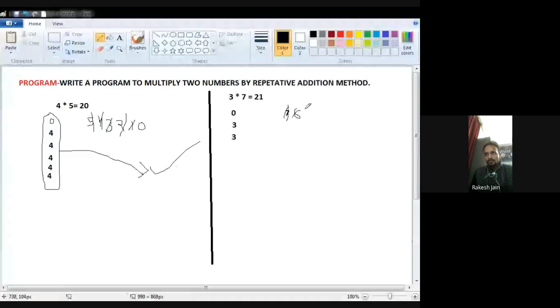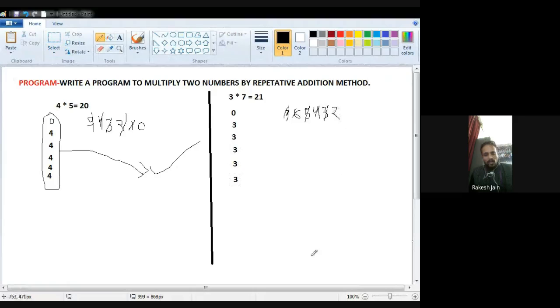Now one more time add this 3 with the first result, then decrement 6 to 5, because one more time we do the addition. One more time add 3 with this, then decrement, so 5 will be decremented to 4. One more time do the addition, then decrement again.